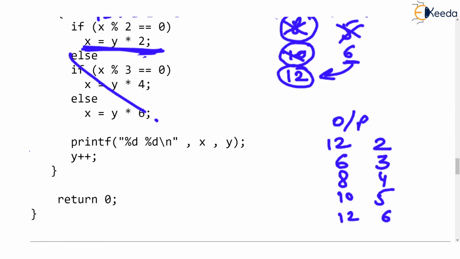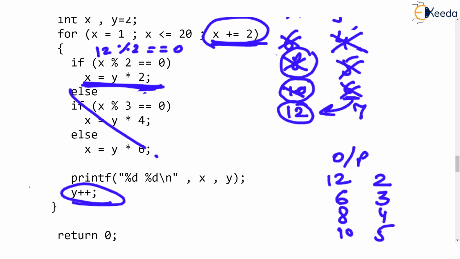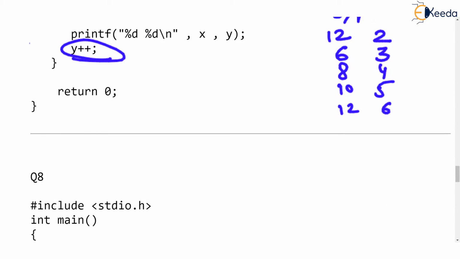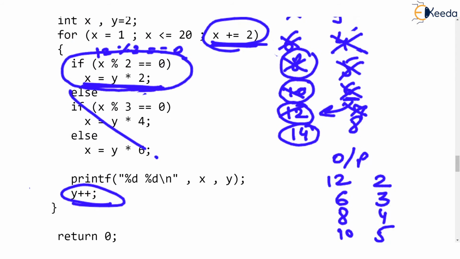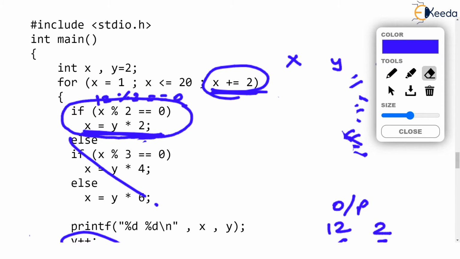And then y plus plus will make y as 7. Now, needless to say, when the loop repeats next time, x equal to x plus 2 will make x as 14. And then x will stay 14. You notice because this if portion is going to become true. So the next output is going to be 14, 7. Isn't it? And then y will become 8 due to y plus plus. And when the loop again repeats, 14 and 8 are the current values.